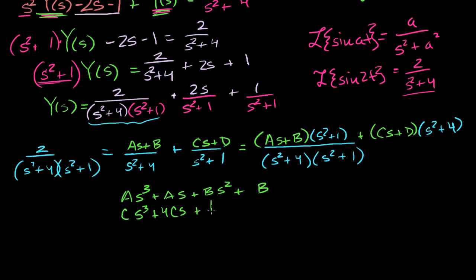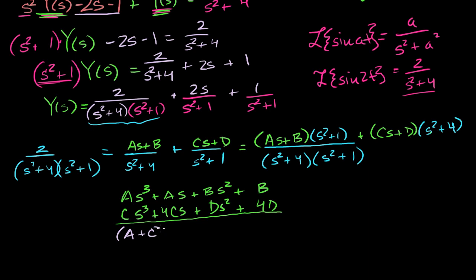So plus d s squared, that's d times that one, plus d times 4. So plus 4d. So that's all of them. And I just wrote it this way so I have the common degree terms under each other. So if I were to add the entire numerator, and I'll just switch colors somewhat arbitrarily, I get